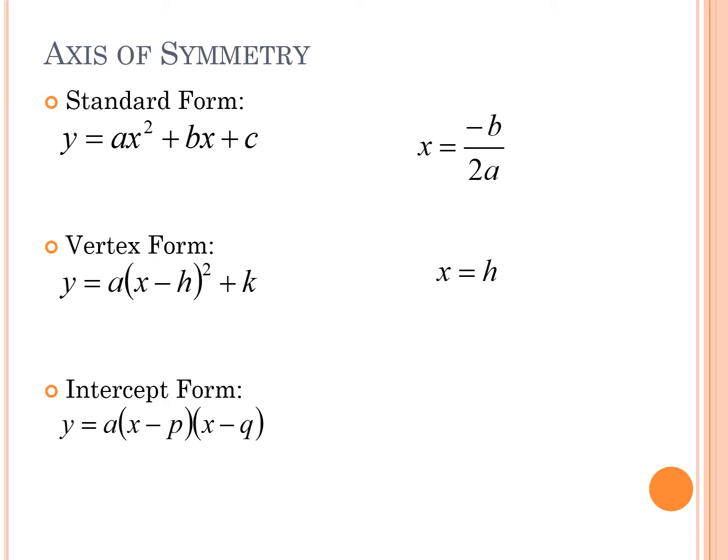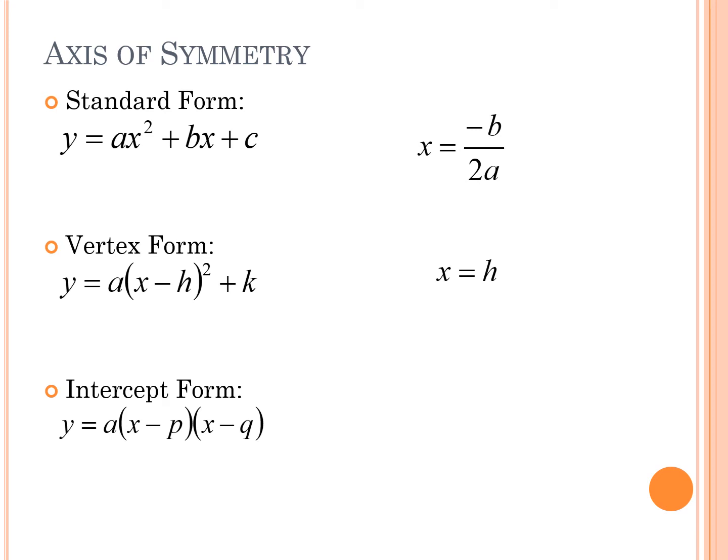So for standard form, the first one here, this one is the one where you have to really just memorize it. You can't really calculate it or determine it without memorizing that. And so it's negative b over 2a. If you think actually back to the quadratic formula, that is the left part of the quadratic formula before the plus or minus, and that is intentional. That's not just a random occurrence. But negative b over 2a. And so that's what you would calculate for the axis of symmetry. It'd be x equals